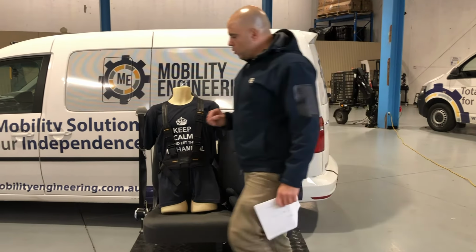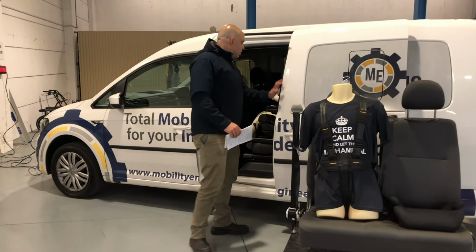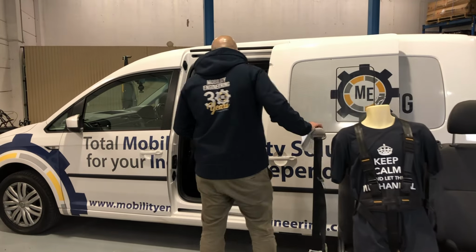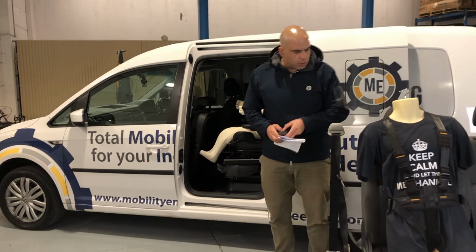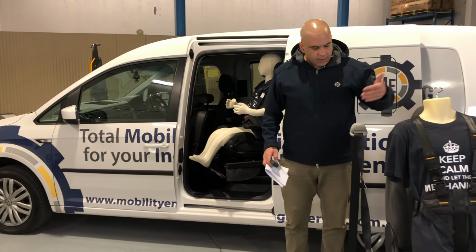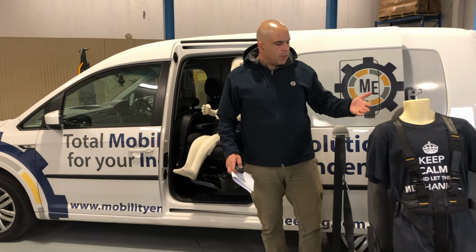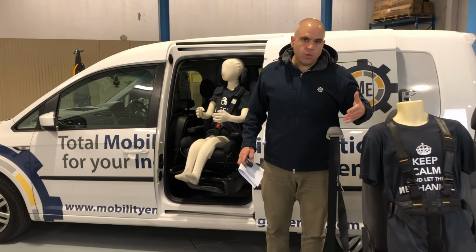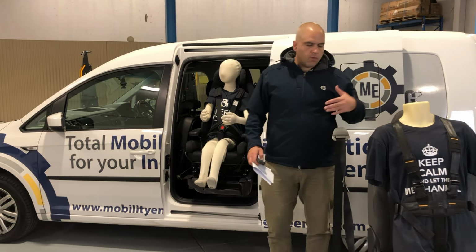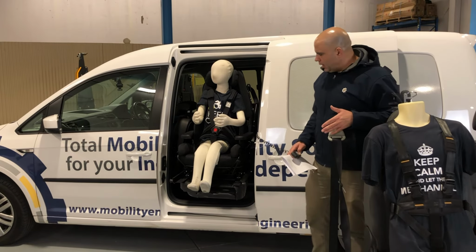However, the reason why I've got you in front of this car is I wanted to show you an alternative solution. In this particular client's case, what they were asking for was postural support for a 6-year-old child, and they tried this harness, which is the product that they saw and thought would work. Then it didn't work because of the seatbelt, and they wanted to make it work, if you like. So rather than going down that path, what we suggested they could do is look at a completely different